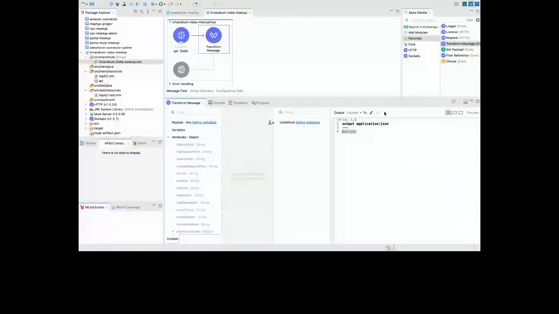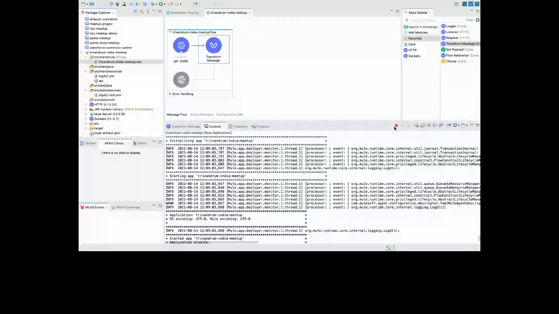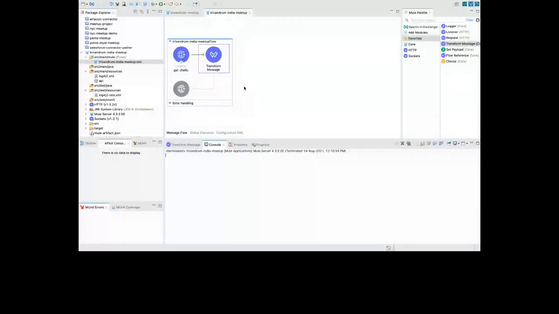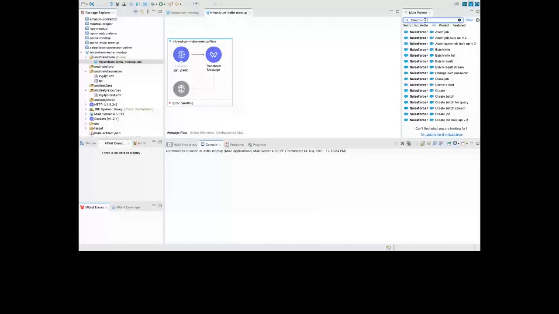Now let's quickly navigate one step more and try to work with Salesforce. This is the initial API work, like we said. Now I have stopped this project. Now what we need to do is connect with Salesforce. So to connect with Salesforce, suppose that we wanted to get a simple query. We'll search for Salesforce query, and you will see you've got Salesforce query. You can just drag and drop it over here. Okay, so you got a Salesforce query over here.